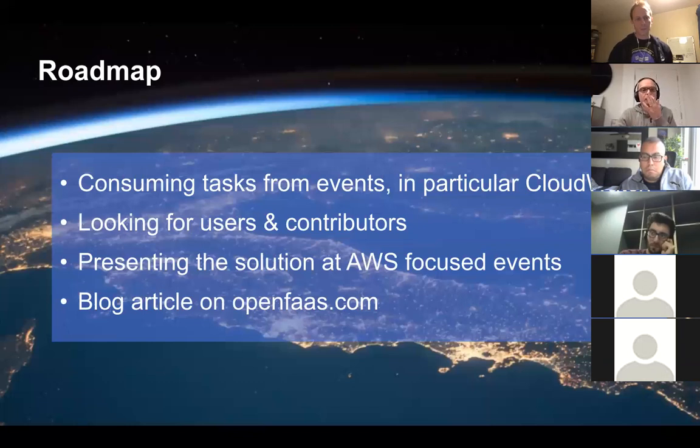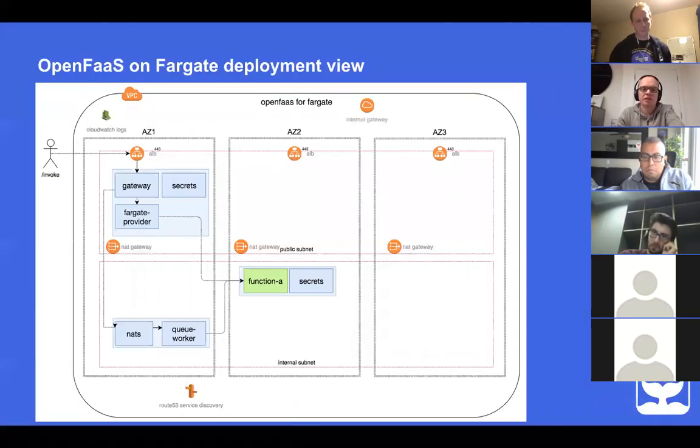Yes, we've got two Terraform projects. One Terraform project builds out this reference architecture. So if you just want to have OpenFaaS on Fargate out of the box, it's one script that you run and it builds all of this reference architecture, hopefully in a best practice, secure manner. And then the other Terraform piece that I did was to create a plugin to the main Terraform program itself, so that you can define your functions inside a Terraform script using the standard HCL. So if you're a Terraform user, that allows you to keep all your infrastructure as code in one place using your favorite tool.